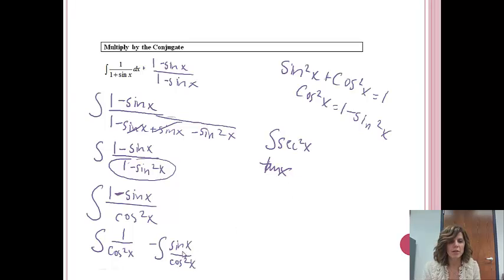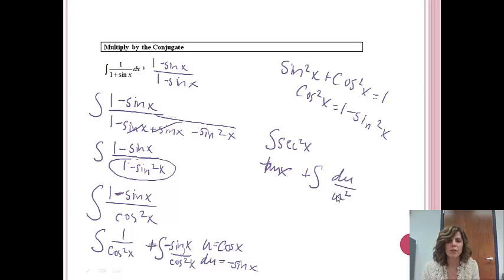All right, for the second one, I do notice that I have a power in the denominator, so I'm going to let u be the part without the power. So I'm going to let u equal cosine x, and then du, the derivative of cosine, is negative sine x. And notice I do have sine x in my problem. I'm just missing the negative. So I'll put a negative on the inside and a negative on the outside, which will turn that to plus. And so now I have plus the integral of du